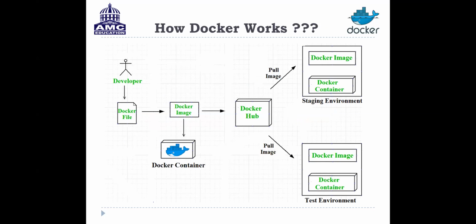Once he is finished with the code, he has to set all these things inside your Dockerfile. This Dockerfile will consist of all your dependencies and requirements, and he has to send this Dockerfile towards your Docker image. Let me clarify this very clearly: this Dockerfile will have all the dependencies and requirements of whatever code the developer has written. Now this Dockerfile will move towards your Docker image. It will create the Docker image.